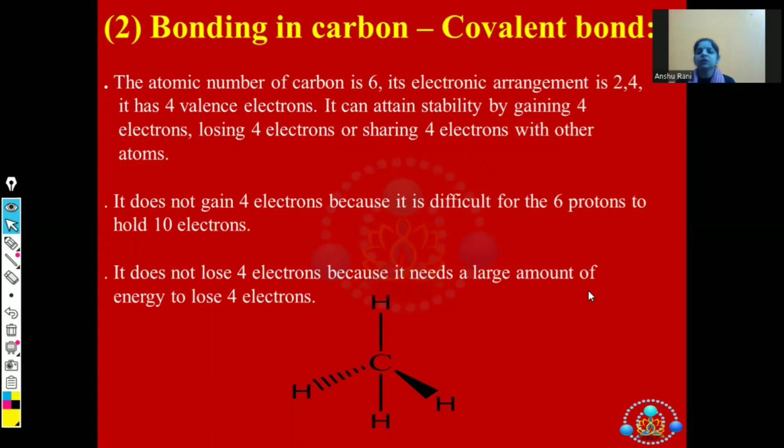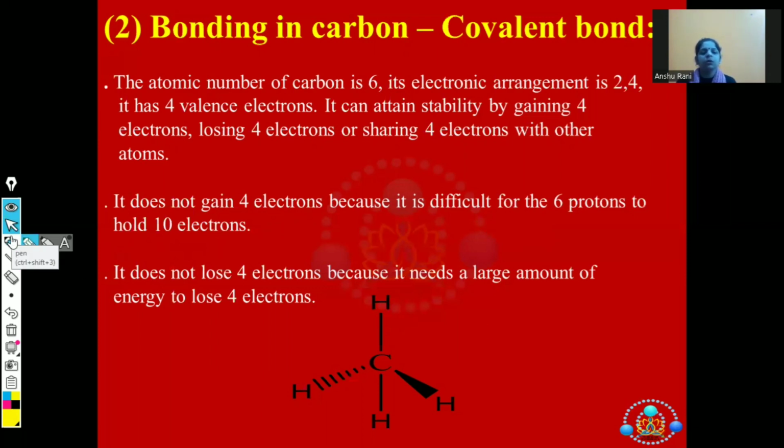Carbon has 6 electrons in it. It has the configuration 2,4. In the first shell it has 2 electrons, and in the second shell it has 4 electrons. Carbon can either gain or lose 4 electrons to complete its octet. But generally it can't. If carbon tries to lose 4 electrons,